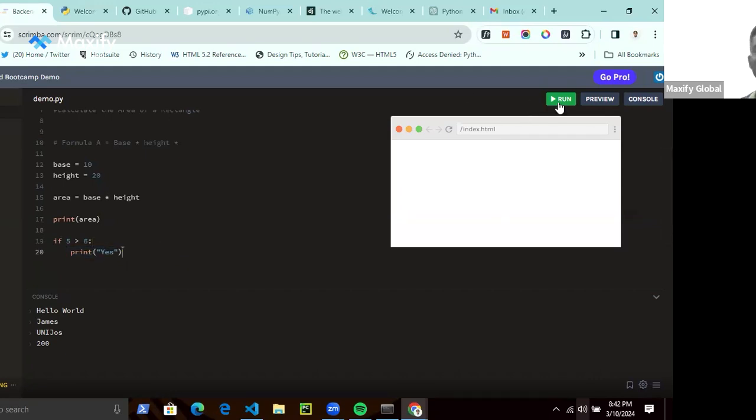So let's run it anyway and see. You can see the last print statement was the area, so it's not going to run. But if 5 is greater than 4, which will evaluate to true, then the print statement is going to run. So we have yes now in the console.